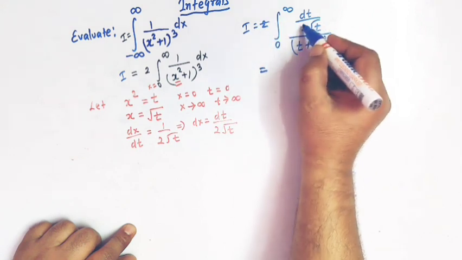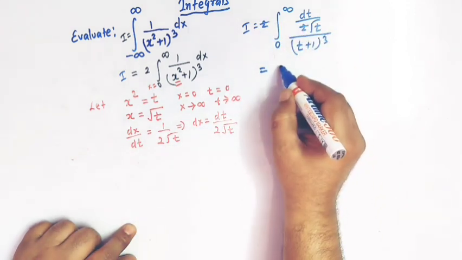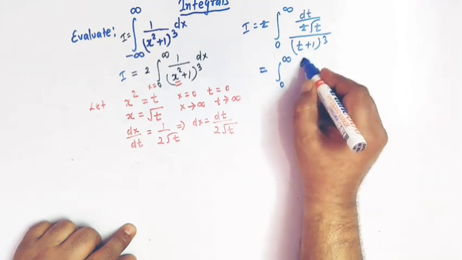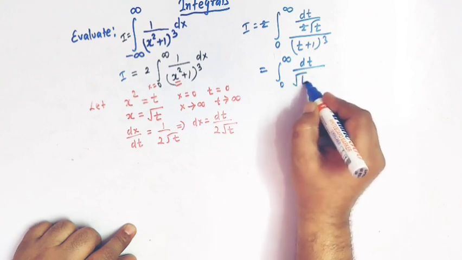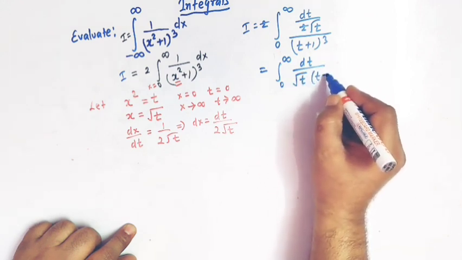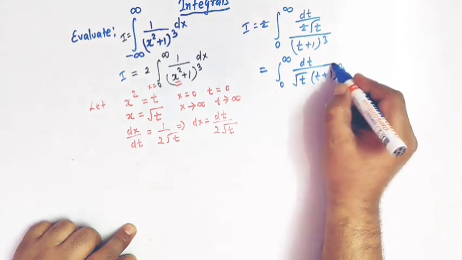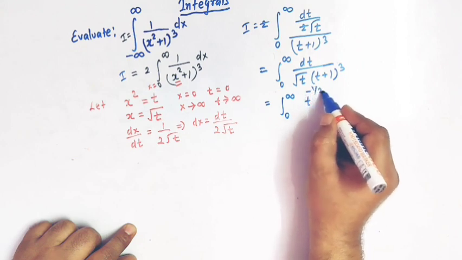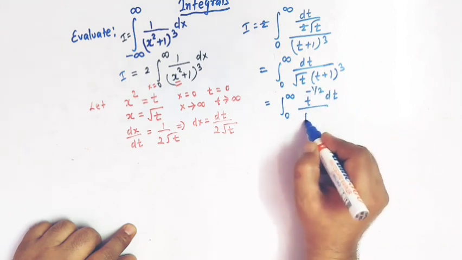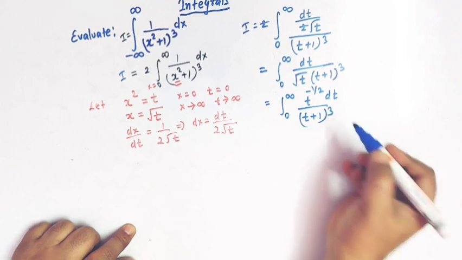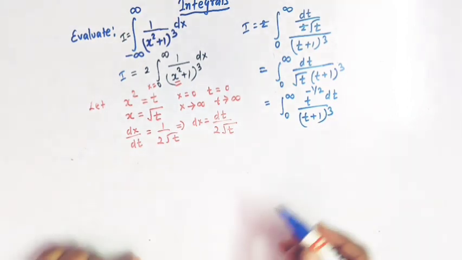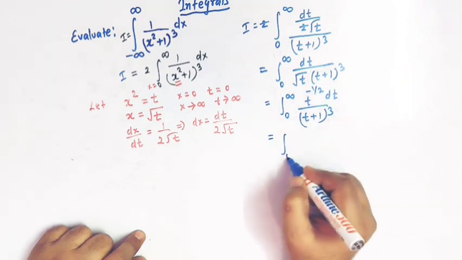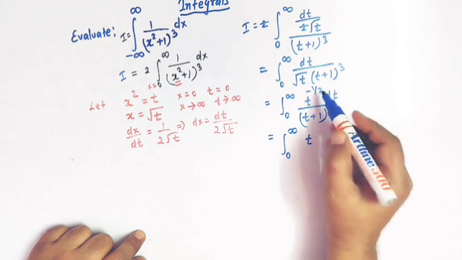So here this 2 and this 2 get cancelled, so we have the integral from 0 to infinity, and here we have dt over square root of t, and here we have (t plus 1) whole cube, right? So let us write this integral as t raised to minus half dt, and here we have (t plus 1) cube, right? So now let us express or rewrite this integral as 0 to infinity t raised to minus half,